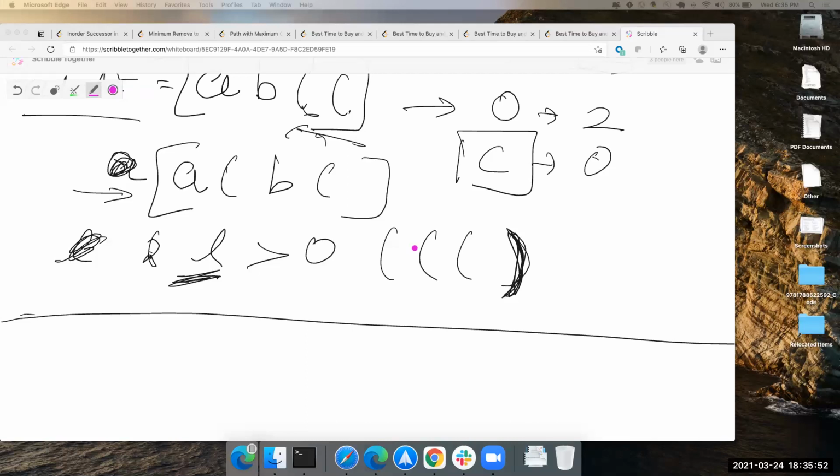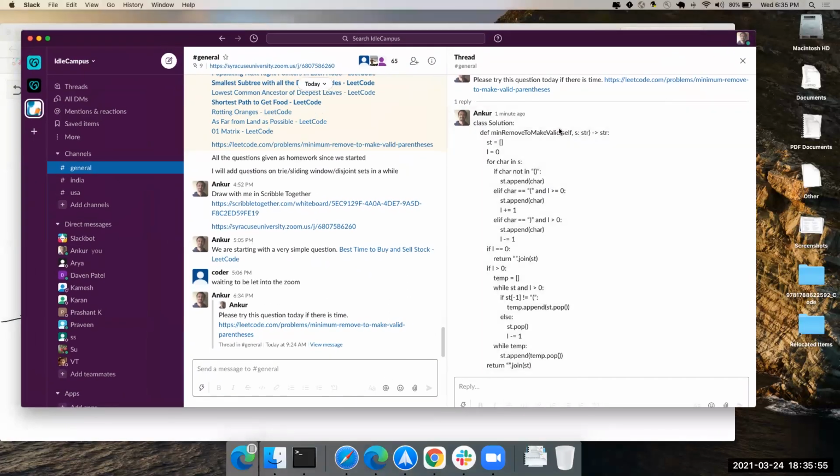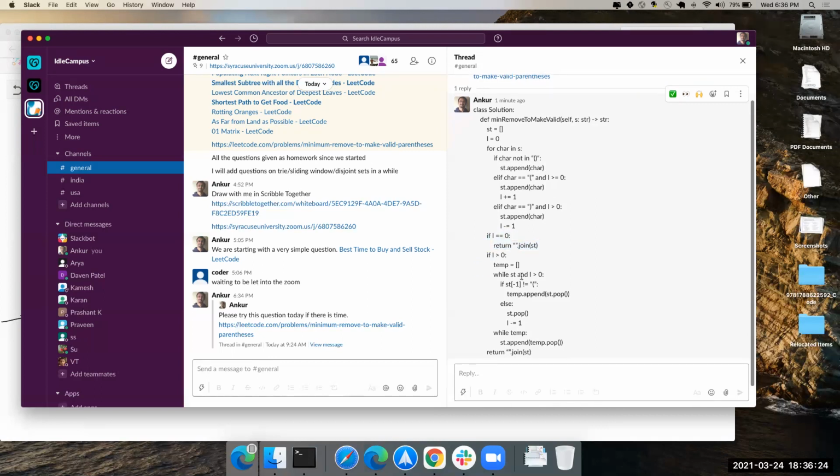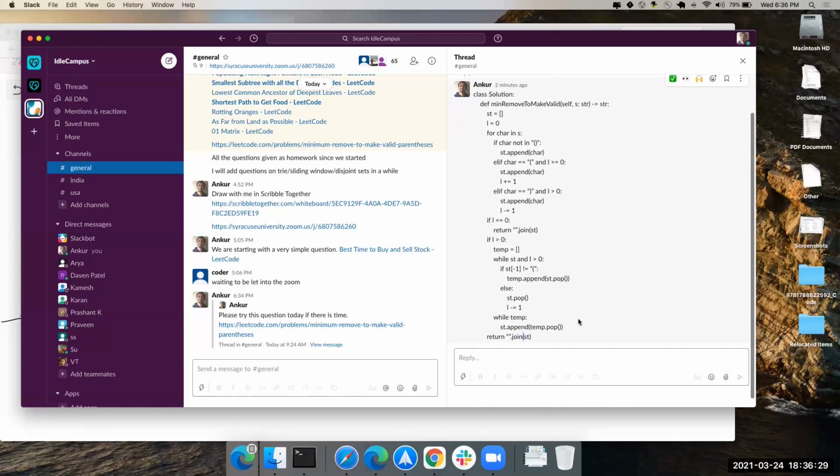Yes. So basically, let me show this. You can see the screen. So if it is greater than 0, I append my character. If I'm getting a new bracket, I'm appending it. No issues here. And I'm appending the close only when my L is greater than 0. Maybe I don't even need this variable. And at the end, if it is already balanced, I return the string. If it is not balanced, I'm removing that many open brackets, and then at the end I return this. Clear?